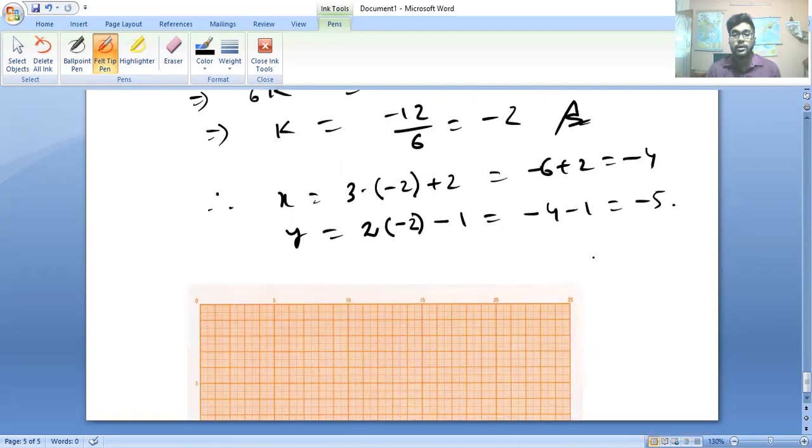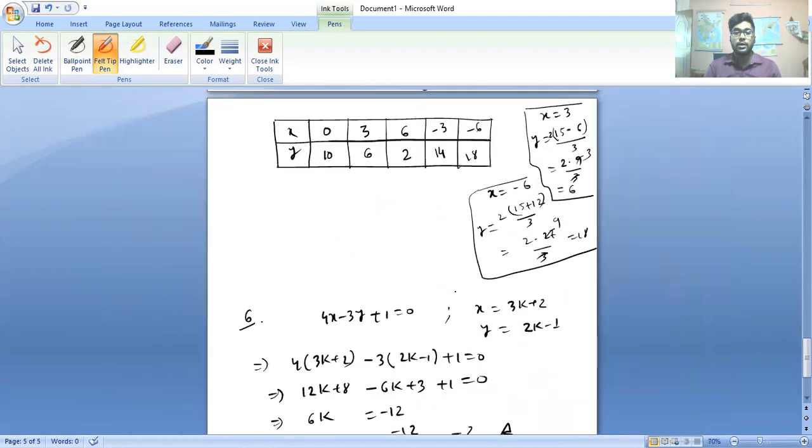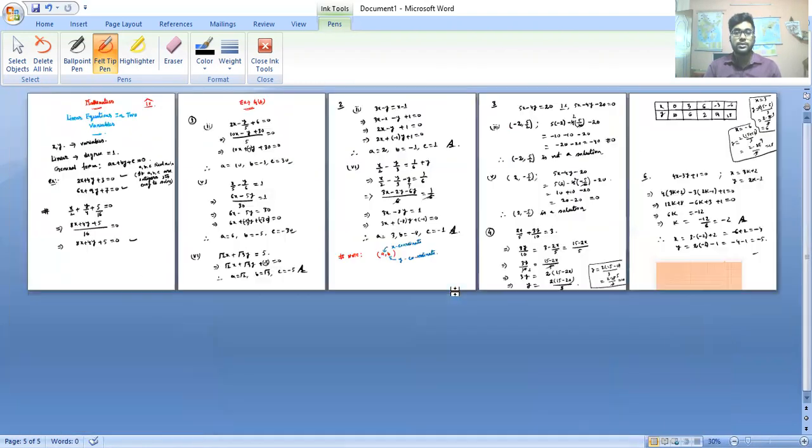So in our next class, we will try to plot the points in the graph. Okay, students. Then this is it for today. This is today's whole class. We have learned what is a variable, what is a linear equation, what is a pair of linear equations, the general form of linear equations, as well as we have solved exercise 4a.